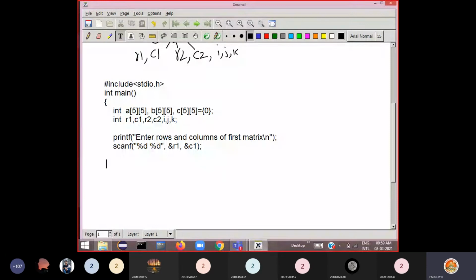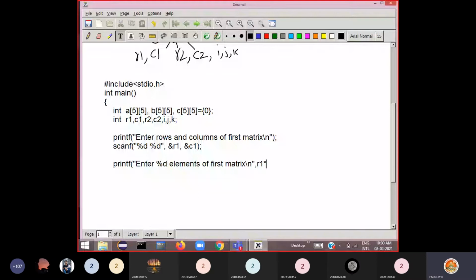Then ask the user to enter those many elements. So now you say enter %d elements of first matrix. So %d should take how many elements?